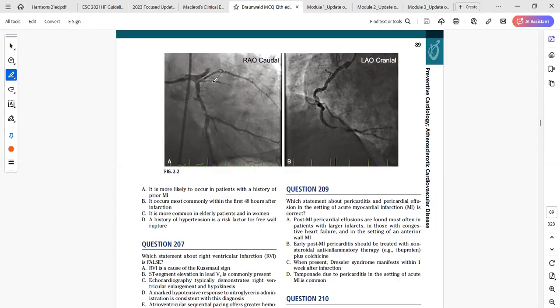So I think those are OM branches coming off the LCx, and that one is quite big, because if you turn it otherwise, in the RAO view, that is where the LAD should be, and that's where the LCx should be. So I still think it was the LCx that has about 80% stenosis before that huge OM branch coming off, and the other one is still 100% occlusion of the LAD.